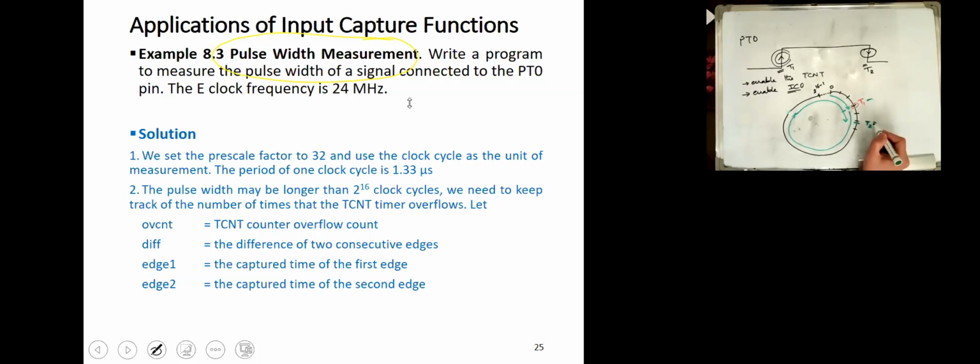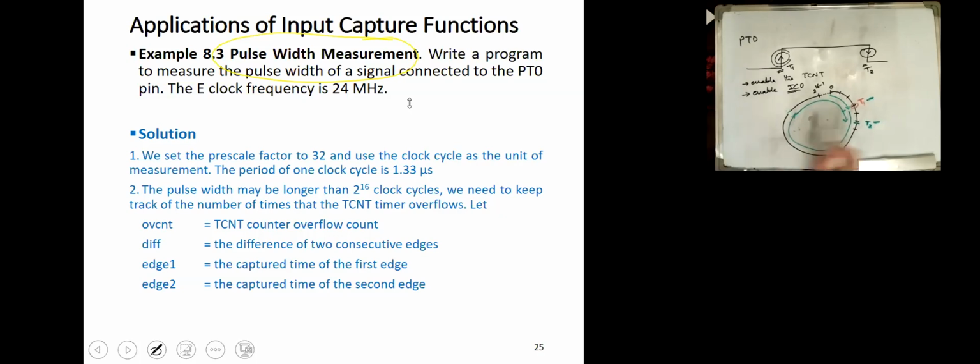What is the period, the width of the pulse? It is T2 minus T1, but is it this time only? No, plus the overflow. Plus 2 to the power 16. So if we are talking about number of increments, the counter basically does not record time, right? It records the number of increments. And if we want to know the absolute time, we just multiply it by the cycle time, by the